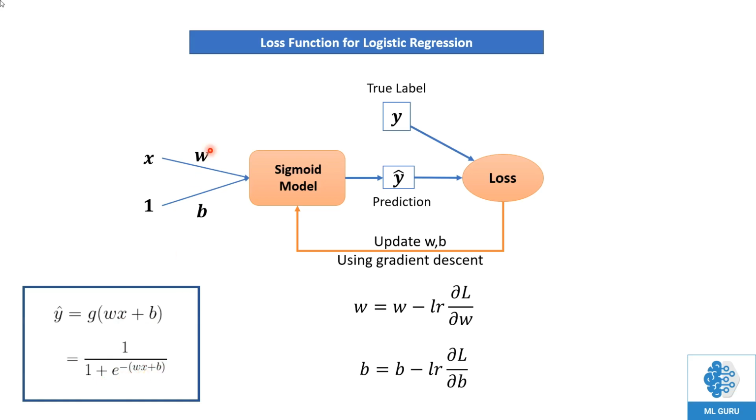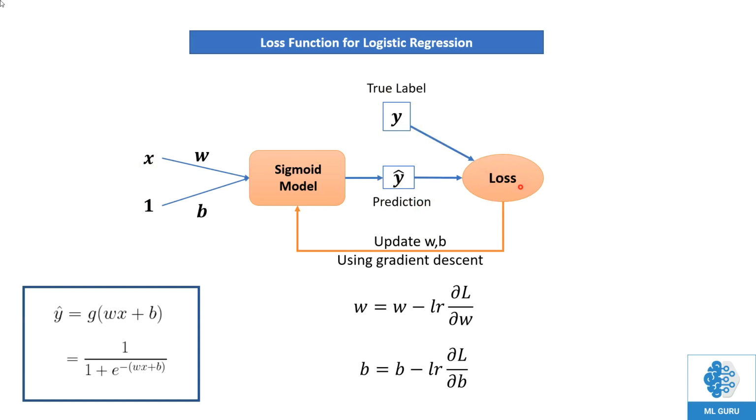Now let us say we have randomly initialized the values of this w and b, or someone has given us the values of w and b for now. So given the values of w, x and b, we can now calculate this value, which is denoted by this y hat, which gives you the prediction made by this model on your data. Also you have your true label associated with this particular input. Now you know your predicted value and you have your true value, so you can calculate the loss which describes the error between these two values.